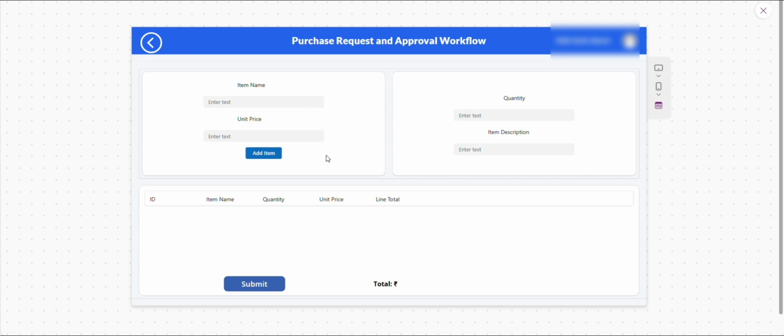Okay, I will show one more example. If I want to request a laptop, I will enter the item name as laptop. You can see here, I'm showing a live example. Quantity and item description based on our requirement.